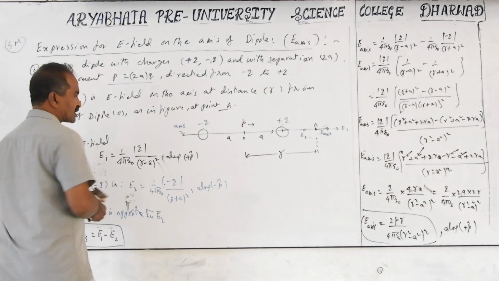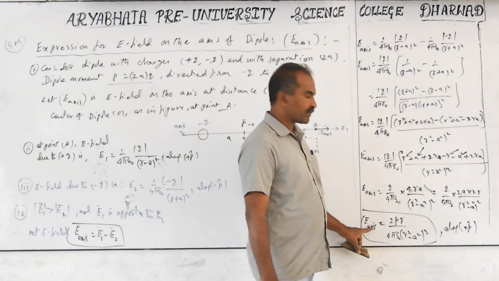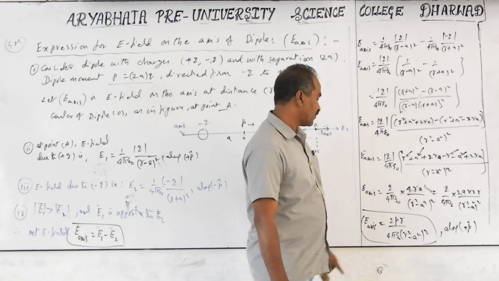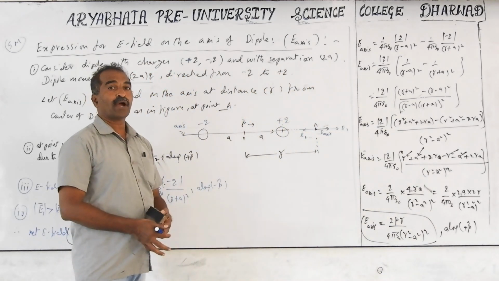But problems will not be answered based on this formula. This formula you have to remember, and the direction also you need to remember. And we have to take the approximate formula for this. Approximate formula means what, if you have taken a short dipole? It's called the point size dipole.